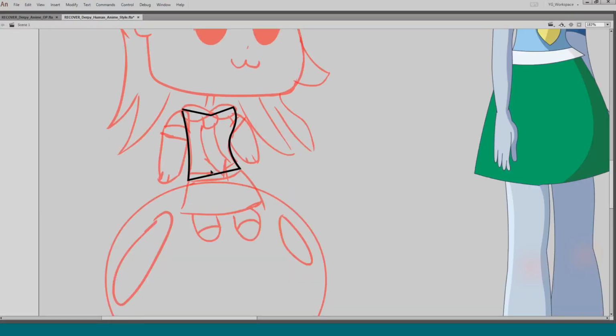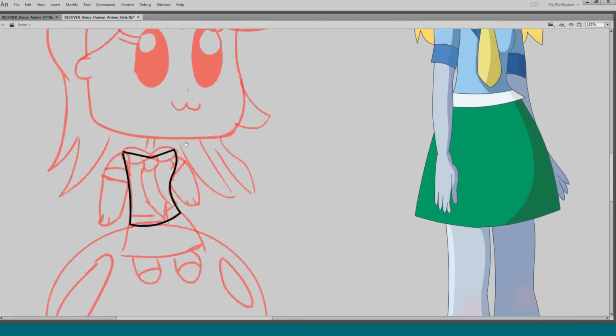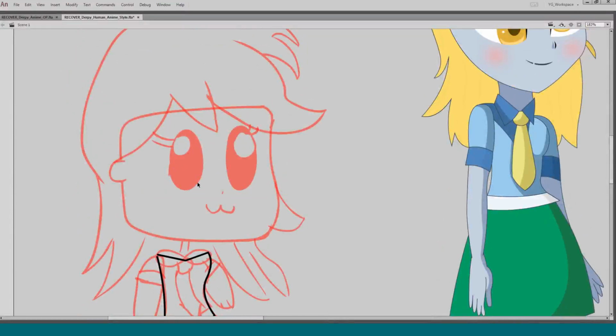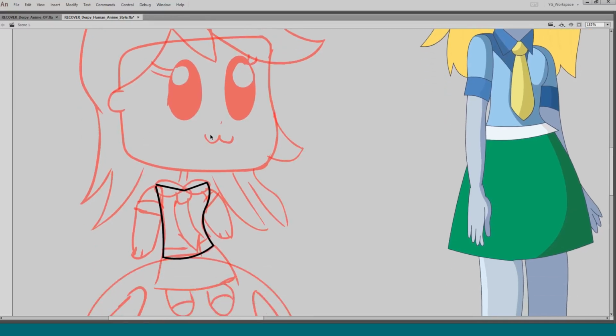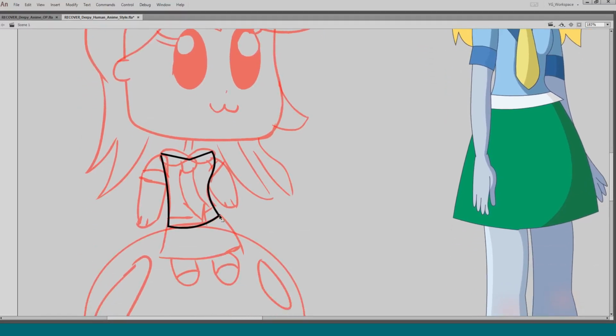But more traditionally, they could have just the head layer, like what I have here, all on one cell, and then the mouth on a separate layer.